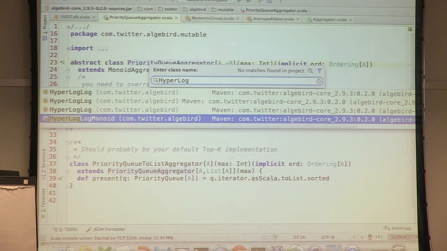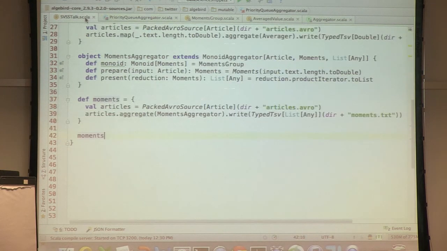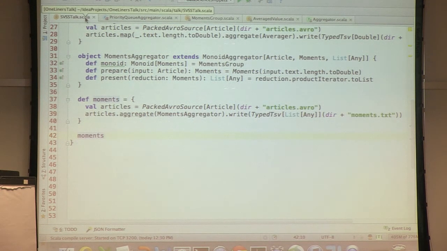Estimating how many unique elements we have can naively be done only by sorting through all of our data and doing the unique. So there's HyperLogLog, and they have Count-Min Sketch, and I'm probably forgetting Bloom filters. Bloom filters are also monoids, and you can pretty much do all these kinds of nice data sets using monoids.